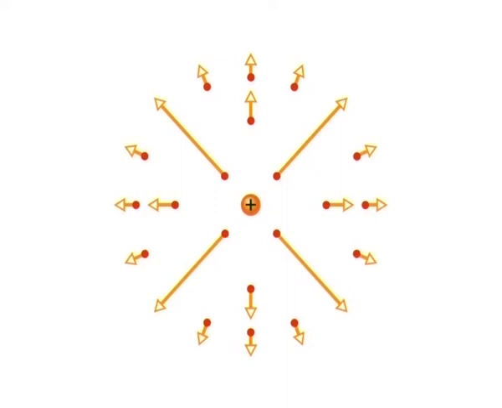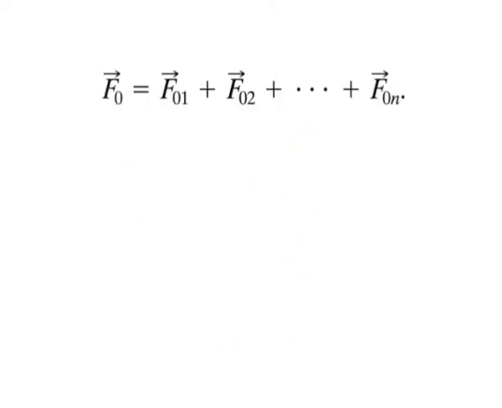In general, if several electric fields are set up at a given point by several charged particles, we can find the net field by placing a positive test particle at the point and then writing out the force acting on it due to each particle, such as F01 due to particle 1. Forces obey the principle of superposition. So we just add the forces as vectors as F0 is equal to F01 plus F02 and so on